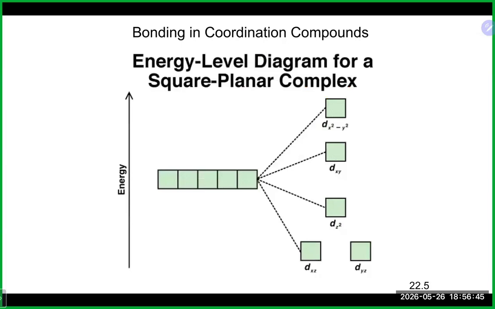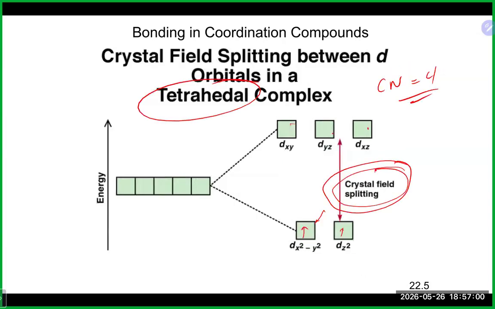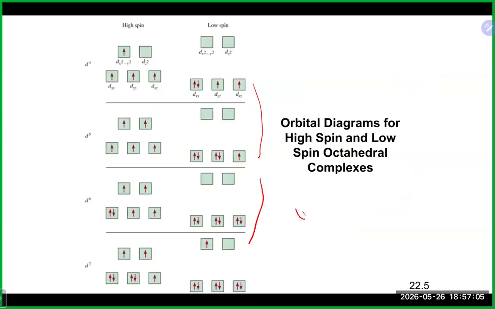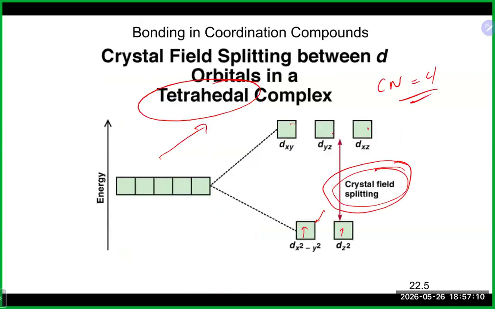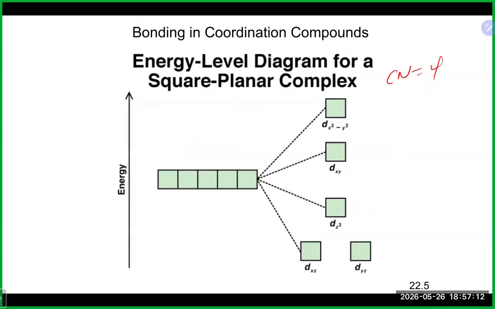You could also have this for a coordination number 4, which is square planar, and you get a little bit more wacky splitting happening here. But again, it works the same way, going to fill lowest to highest. For us, you are responsible for tetrahedral splitting and octahedral splitting, which is what we were looking at previously. So those two, which are basically the same, just one's up and one's down, are the two that you are responsible for. We will leave square planar off the board as there's a lot of different boxes to play with. Any question up there? That wraps up